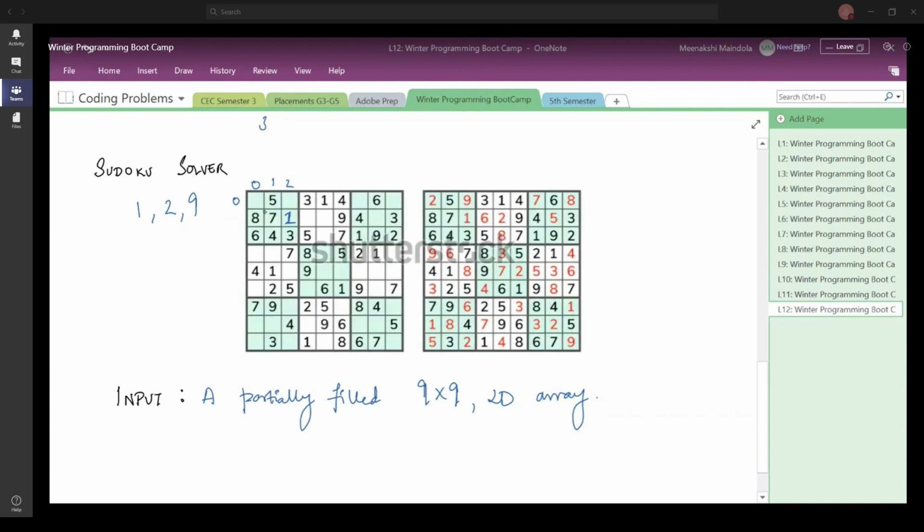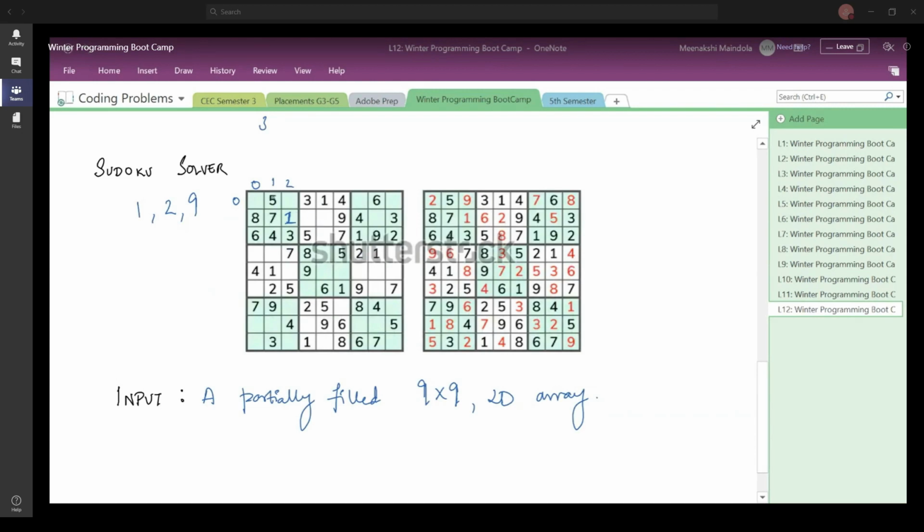Is this clear? How did I fill 1 here? Is this clear to everyone? Now the condition here in order to fill the Sudoku is this only: each row is going to have numbers from 1 to 9, each column is again going to have numbers from 1 to 9, and each submatrix will also have numbers from 1 to 9.